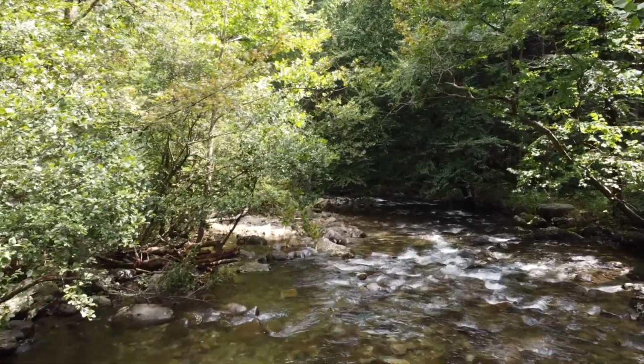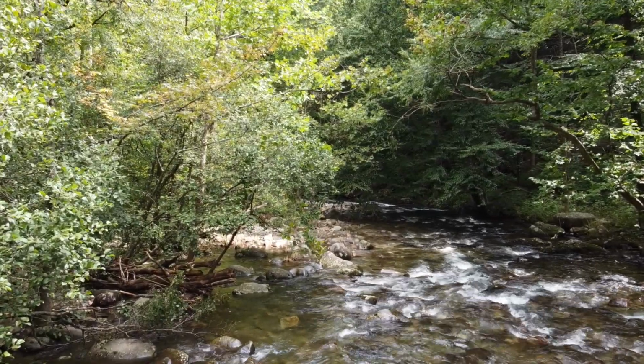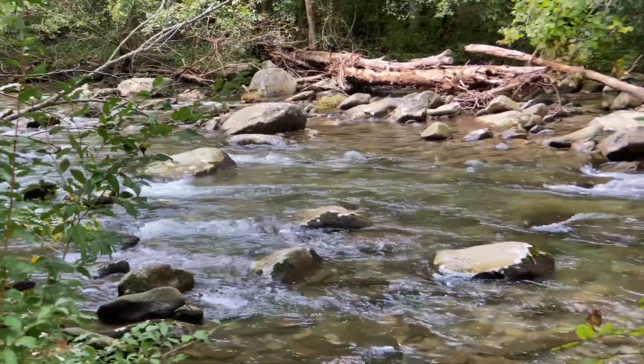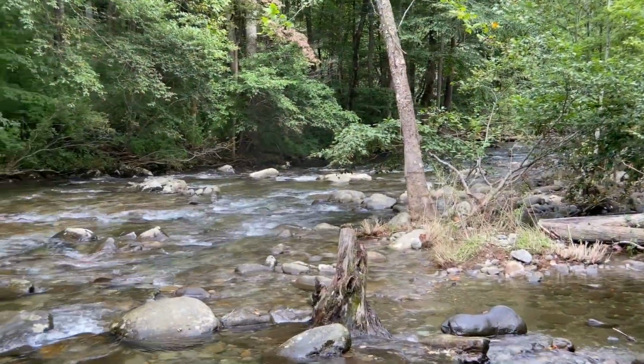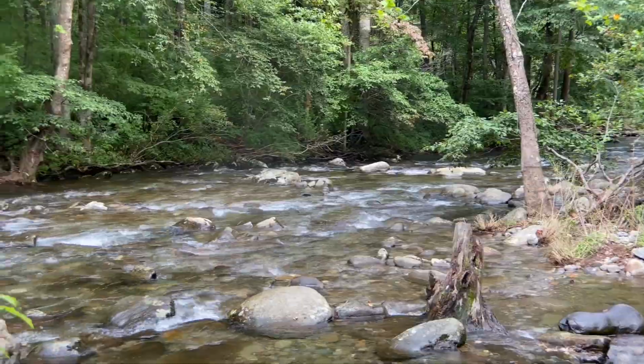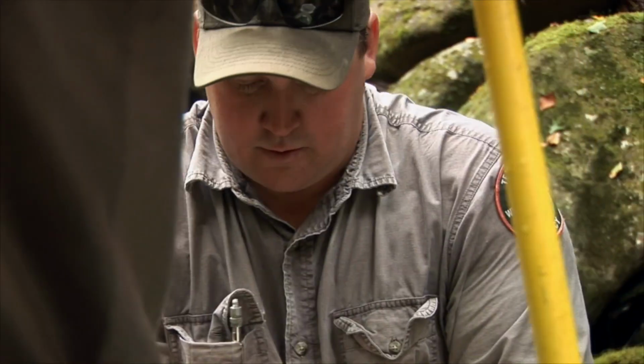the river. It's important to mention that there are plenty of wild trout fishing opportunities in the Citico Wilderness. North and South Fork Citico Creeks both offer great opportunities for fishermen to go in pursuit of wild rainbow trout. And for those of you that are interested in pursuing Tennessee's only native trout species, the Southern Appalachian brook